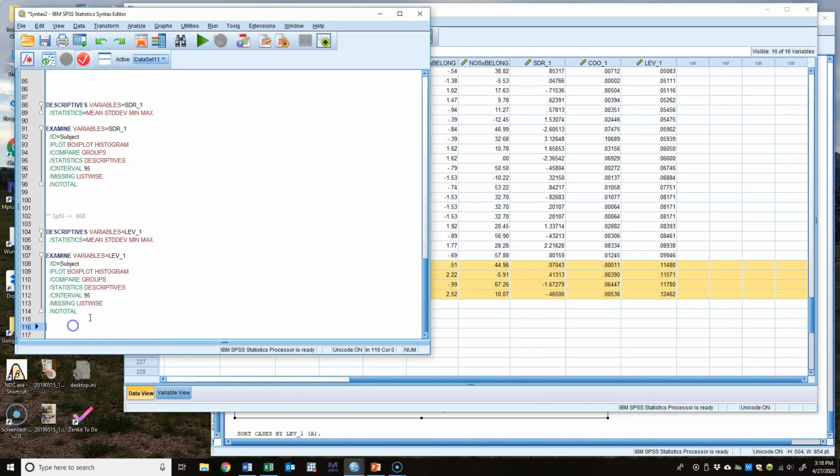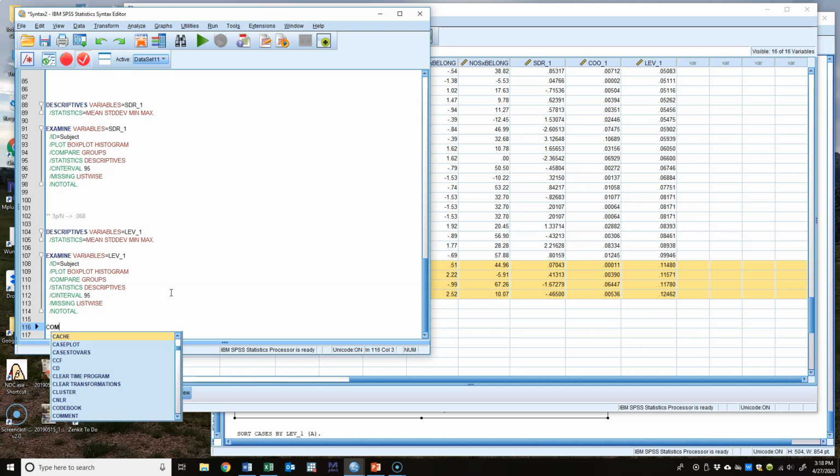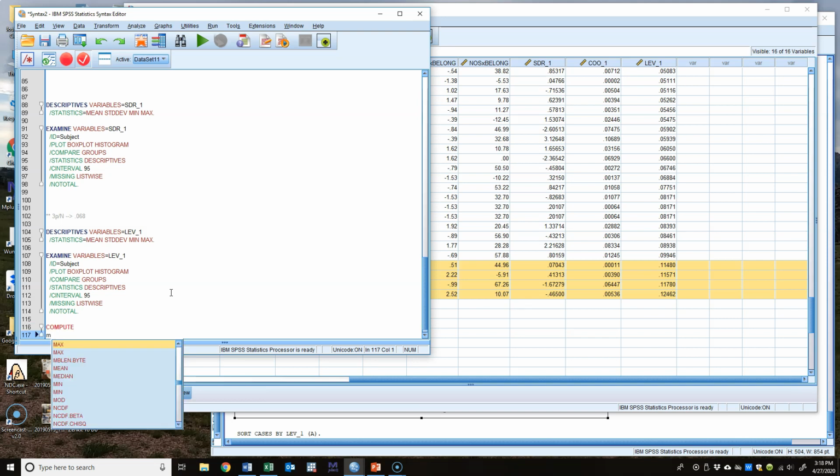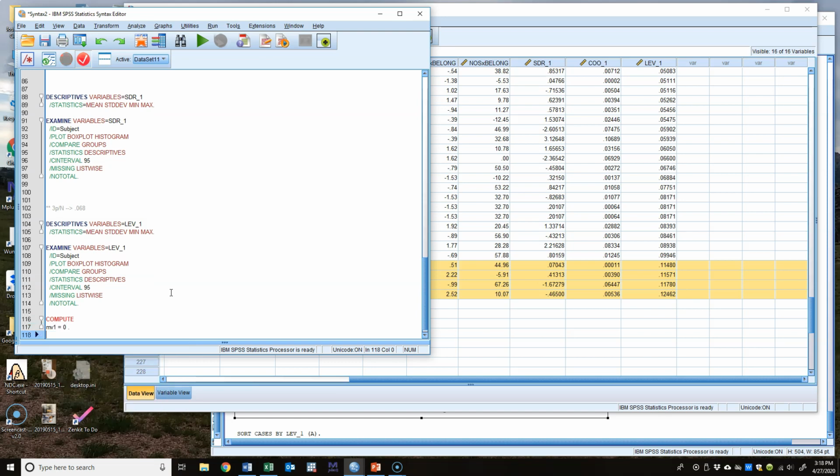Okay. So remember, based on recommendations from Tabachnick and Fidell, what we're going to do is hijack regression to play around and see what variables are contributing to these cases being potential multivariate outliers. So I'm going to go compute. I'm going to create a variable called MV1 equals 0, period,